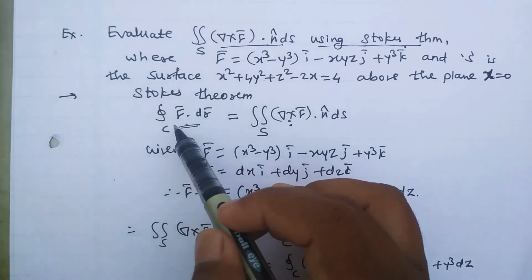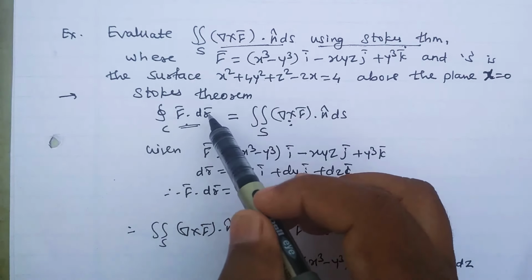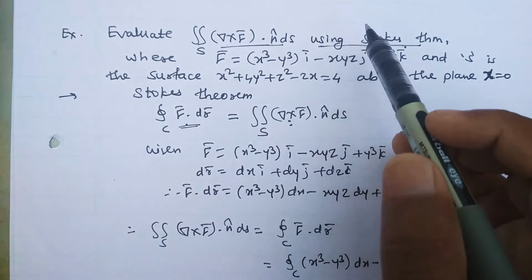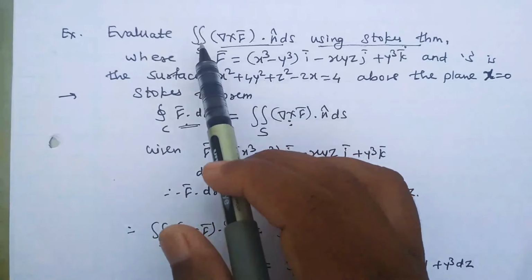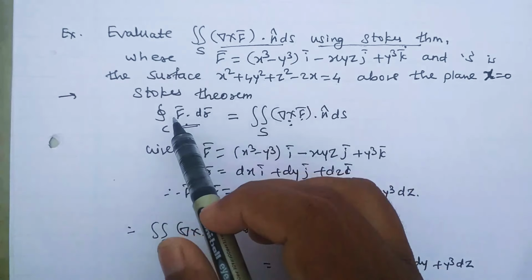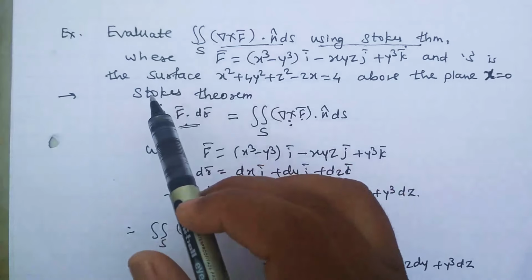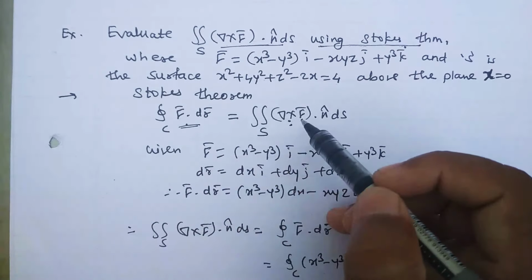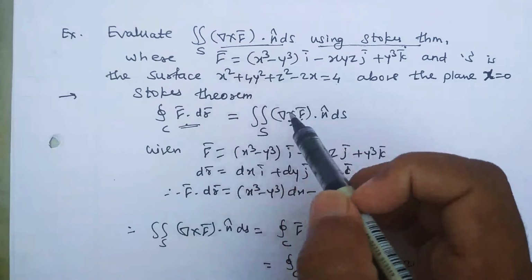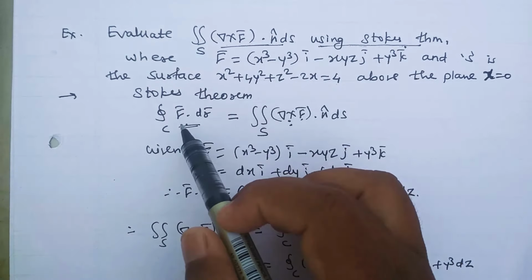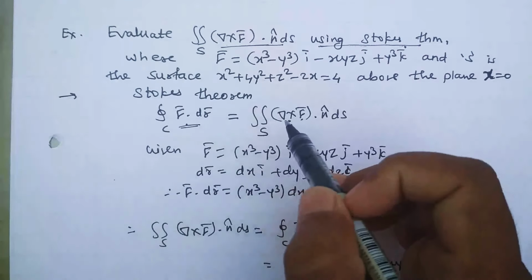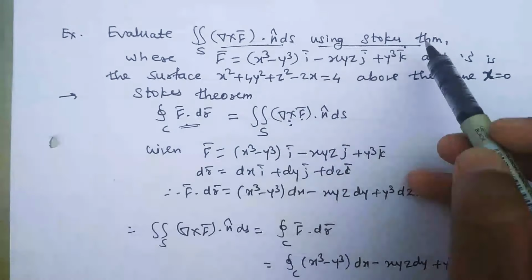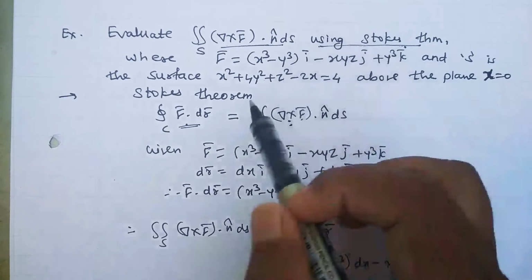That means we are going to calculate the line integral over C of f bar dot dr bar. Always keep in mind that whenever the question says use Stokes theorem and we have to find the double integral, then actually we find the line integral, and when the question says use Stokes theorem and find the line integral, then actually we have to find the double integral. That means if the question is to calculate the RHS, calculate the LHS, and if the question is to calculate the LHS, then calculate the RHS using Stokes theorem. And if the phrase using Stokes theorem is not mentioned, then we can solve it any way.